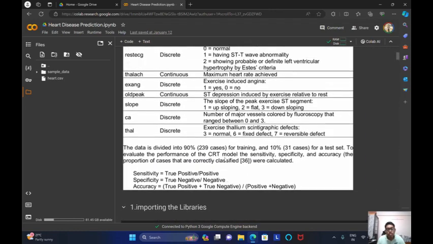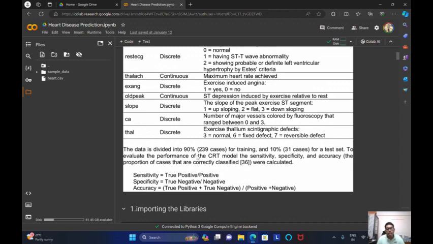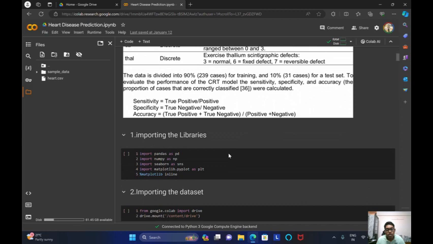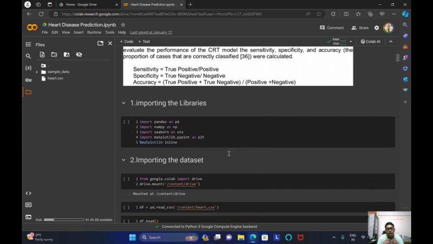Next is thal. Thal means exercise thallium scintigraphic defect, and the slope column is for the peak exercise ST segment, where 1 is for upsloping, 2 is for flat, and 3 is for downsloping. And next is oldpeak. Oldpeak shows the ST depression induced by exercise relative to rest. So that's it, guys. First we have to understand the dataset, and then we can proceed to the machine